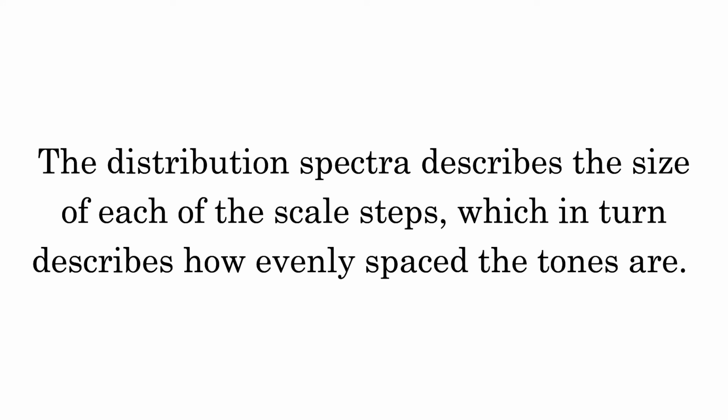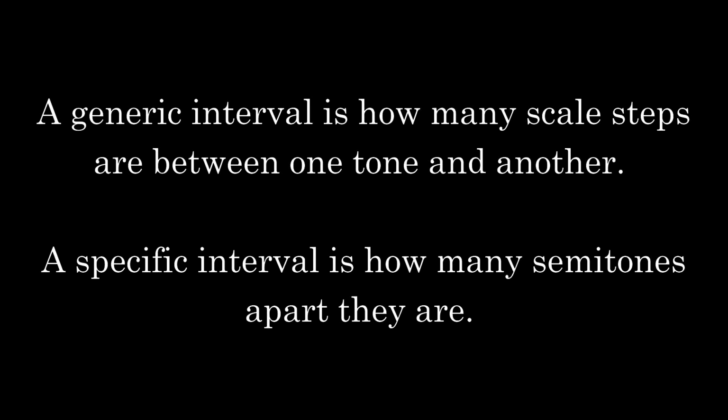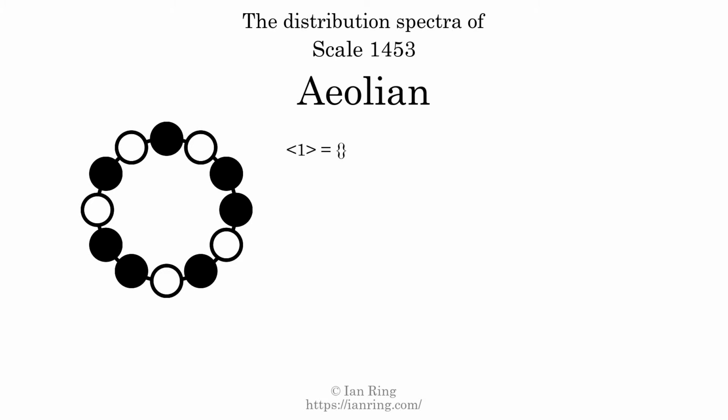The distribution spectra describes the size of each of the scale steps, which in turn describes how evenly spaced the tones are. A generic interval is how many scale steps are between one tone and another. A specific interval is how many semitones apart they are. The generic interval of one scale step comes in 2 different specific interval sizes. 1 semitone, and 2 semitones. The spectrum width of this generic interval is the highest, 2, minus the lowest, 1, which equals